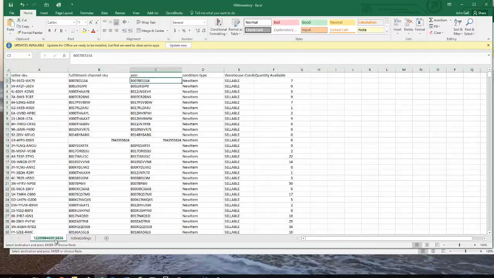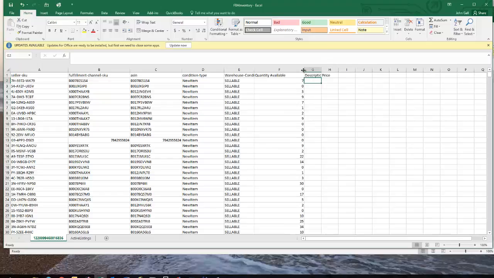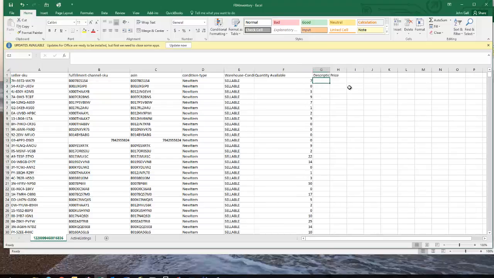Okay. And then what I'm going to do is try this VLookup here. So what we're going to do here is go description and price. Make myself a couple columns to fill this in, and then we'll try this VLookup. This is actually going to be two VLookups that we're going to do, but that'll be a good thing to show you. So first thing you do is you start in the cell where you want the information to land,